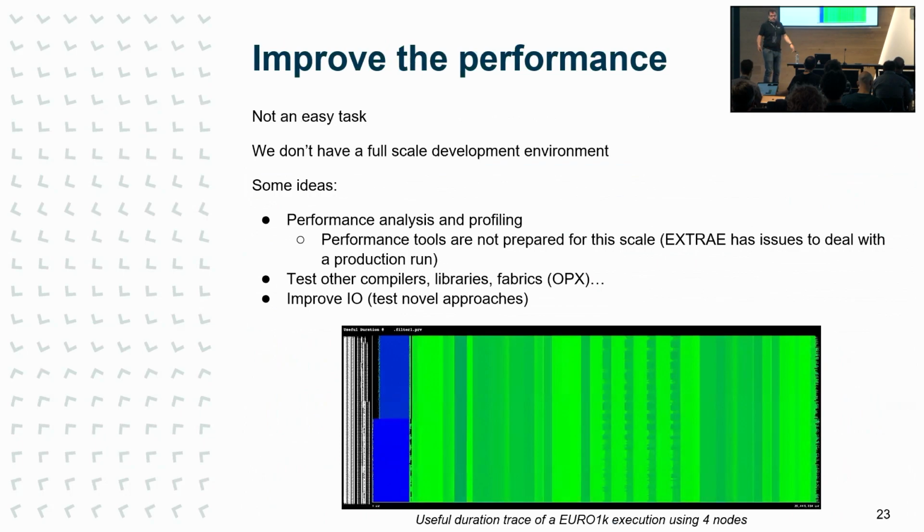And also, I come from BSC, so I need to put a trace. This is a trace from Paraver, from an execution, but this is a trace of 4 nodes. If you want to trace a full-scale run of such a volume, tools are having lots of problems. Right now, I'm still not able. I did not put in much time, but Extrae hangs when trying to trace the full production run